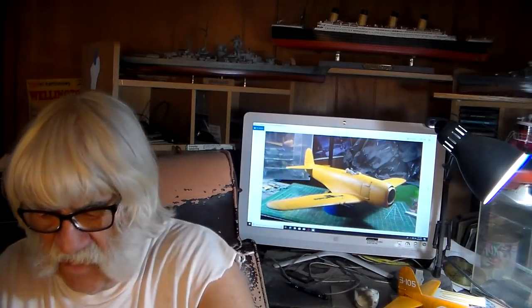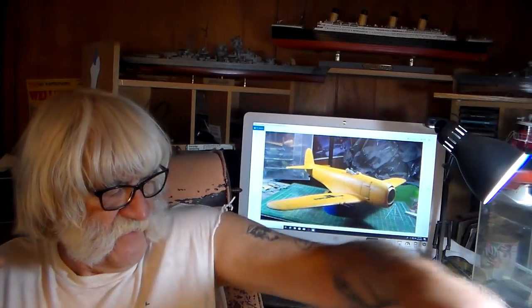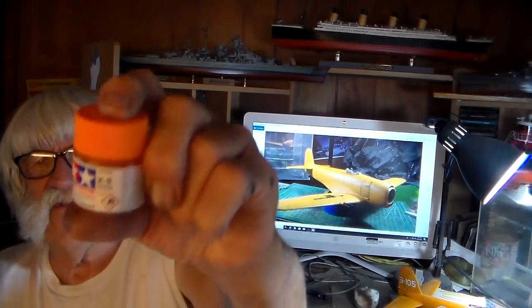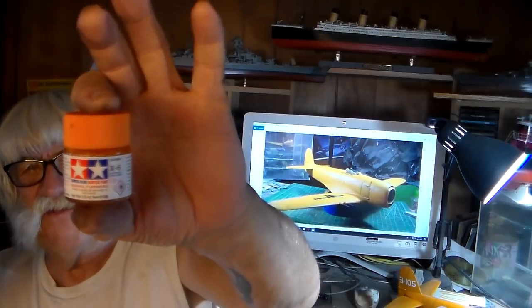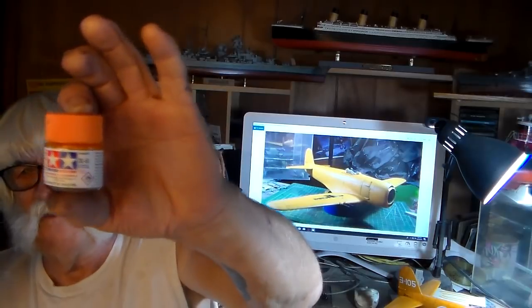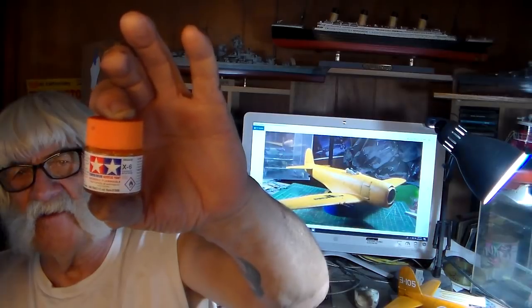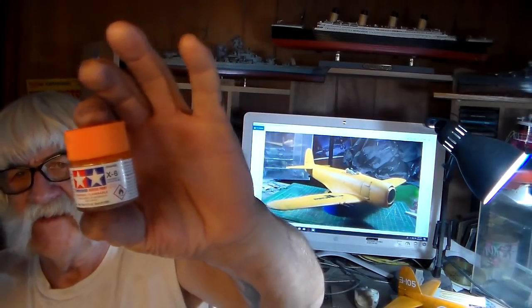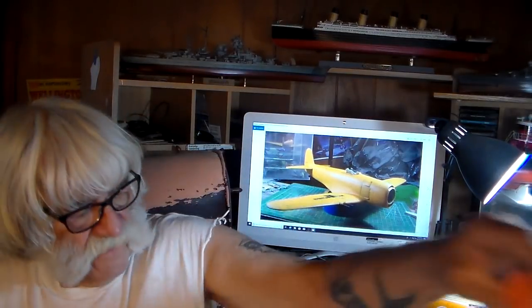The paint schedule of this thing is all orange, so those of you in question on what color of orange I'm using, it's quite simple. It's in the Tamiya range. I think it's number X6. This is a good orange. This is very true. This is a true orange. I think this is about the best orange I've ever seen. This is Tamiya. So far, this is very excellent for Japanese aircraft, and also for the civilian aircraft, the Grumman Gulf Hawk will receive the same color X6 as this George. Good color, beautiful color,